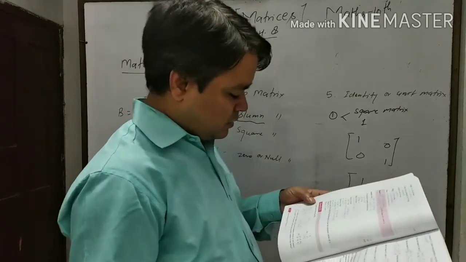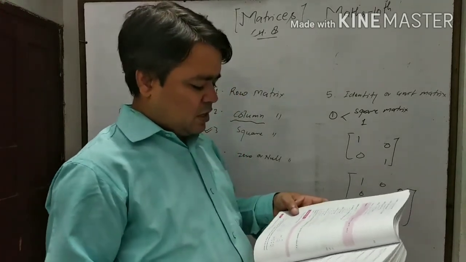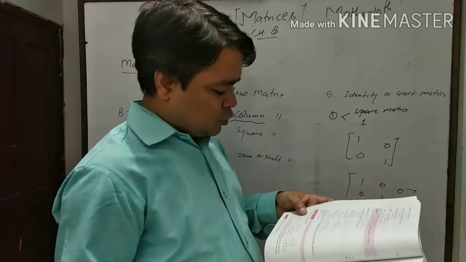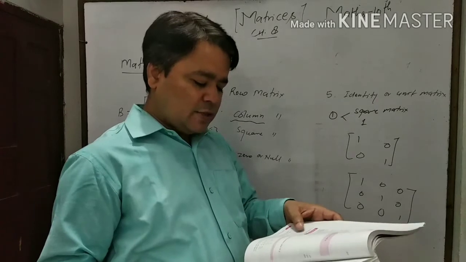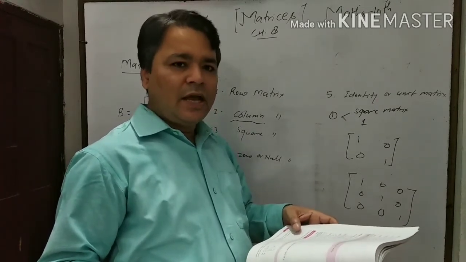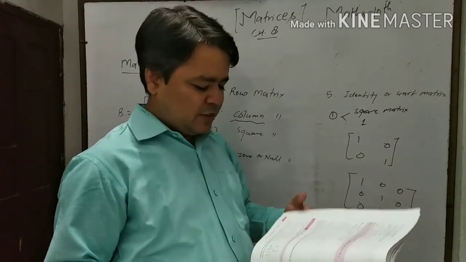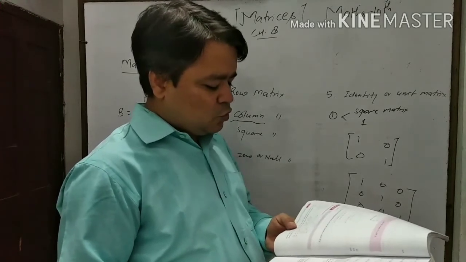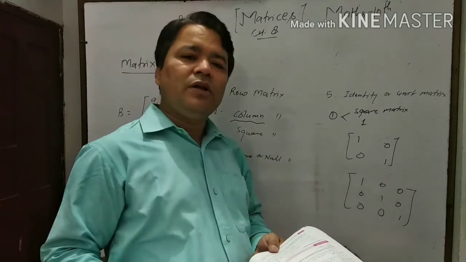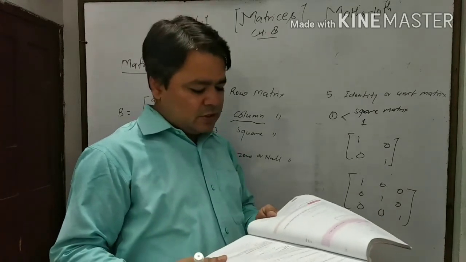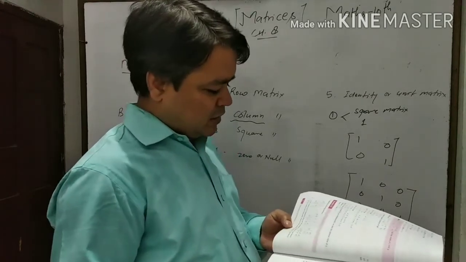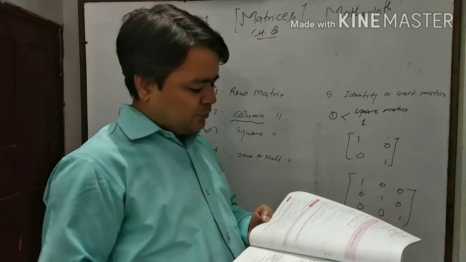Here, classify the following matrices. The first matrix is given as 2, minus 1, 5, 1. There are 2 rows and 2 columns, meaning n by n form. This is a square matrix. Similarly, the second is given as 2, 3 and minus 7. There is only 1 row, but the column count is 3. That is called a row matrix. Similarly, the third one will be a column matrix, and then a rectangular matrix, in this way.